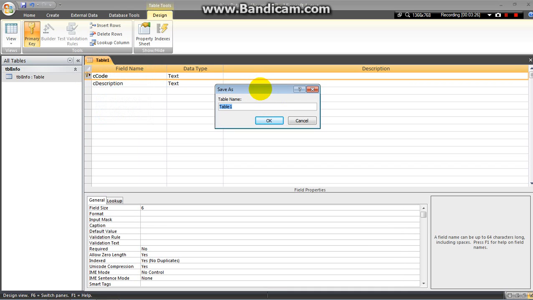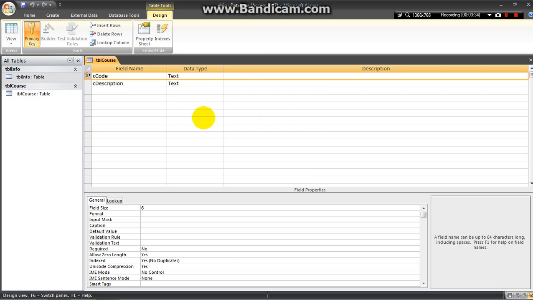A pop-up window will appear. You can rename it to TBL course. Then click OK.